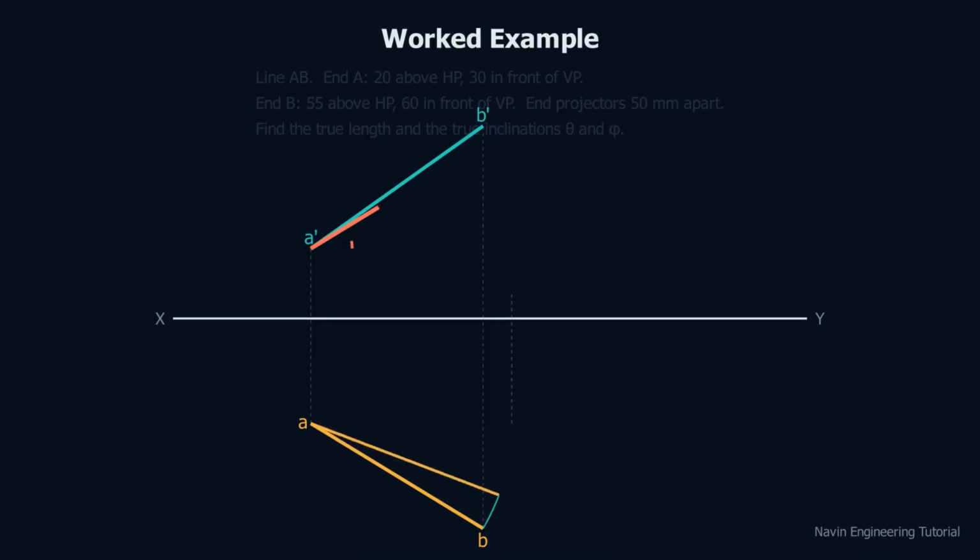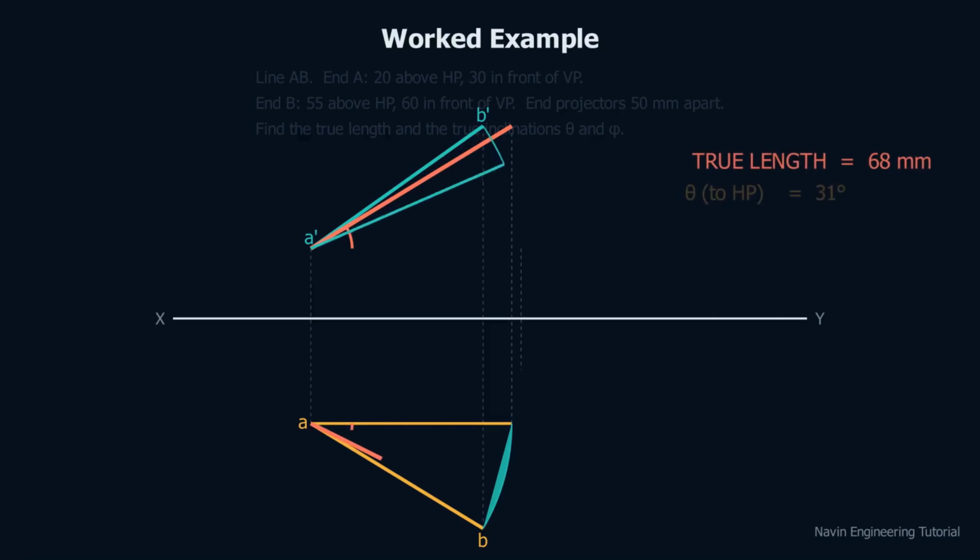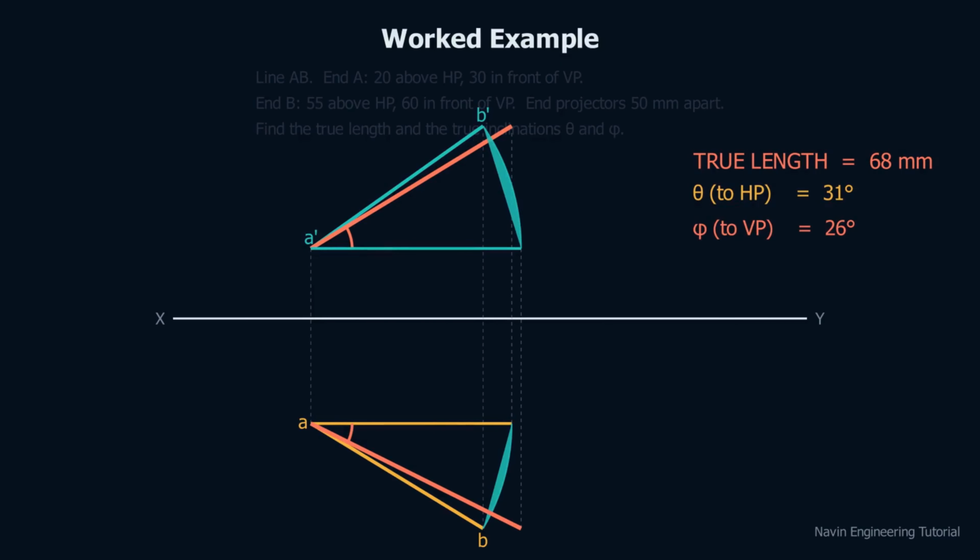Rotate the top view flat, project up, and join. That gives the true length and the angle theta to the horizontal plane. Repeating the rotation on the front view gives phi. Our answers: true length 68 millimeters, inclination to the horizontal plane about 31 degrees, and to the vertical plane about